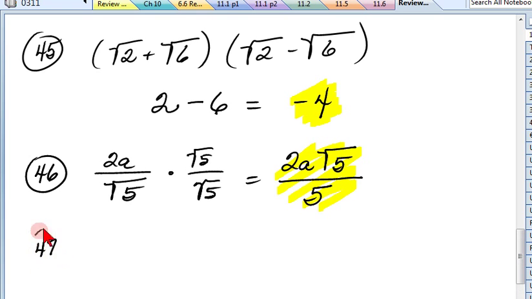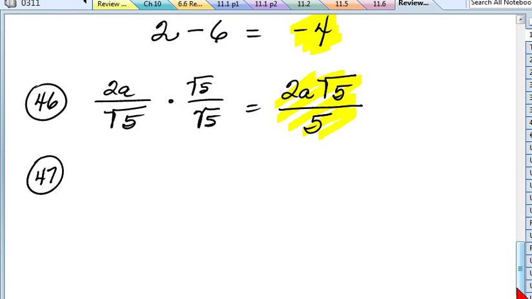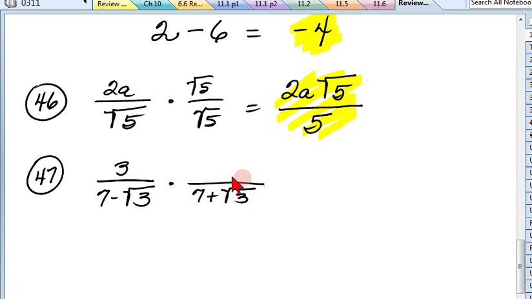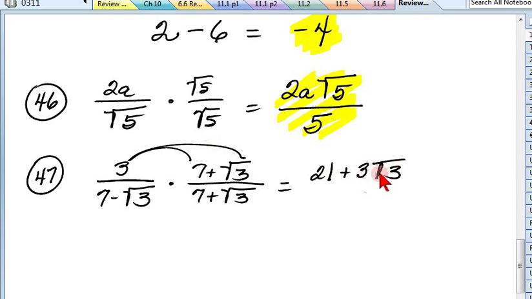47. I'm still rationalizing, but the denominator is different. I have 3 over 7 minus the square root of 3. What am I going to multiply by? 7 plus the square root of 3. The conjugate, 7 plus the square root of 3. Now the numerator, distributive property, so 3 times 7 is 21. 3 times the square root of 3 is 3 times the square root of 3. The denominator,